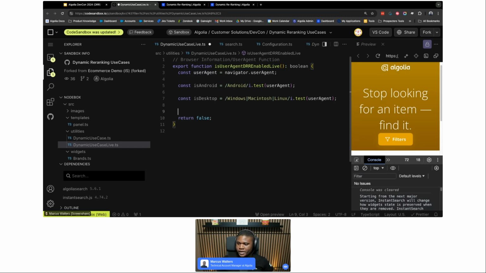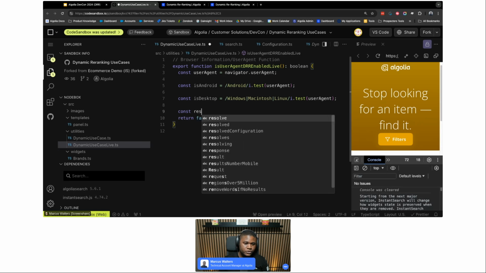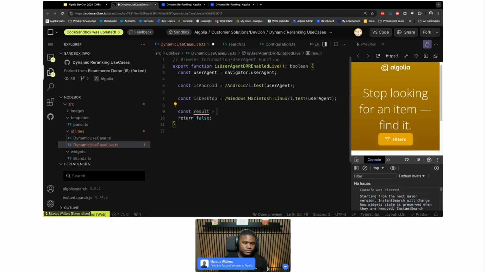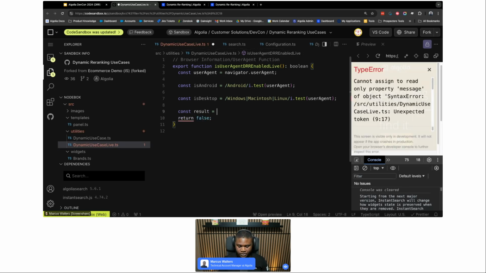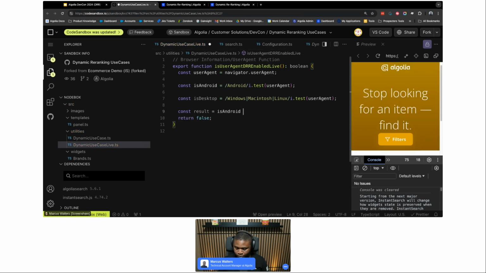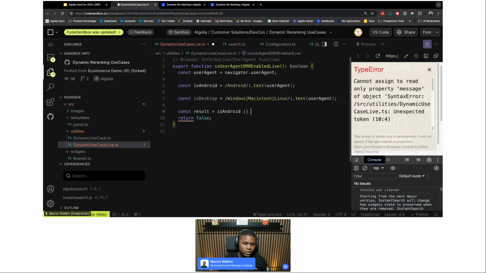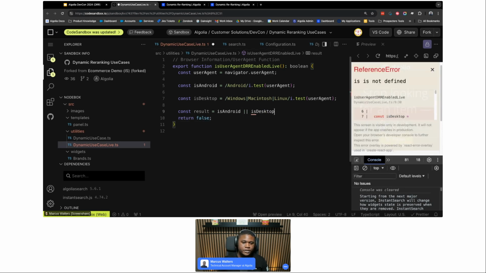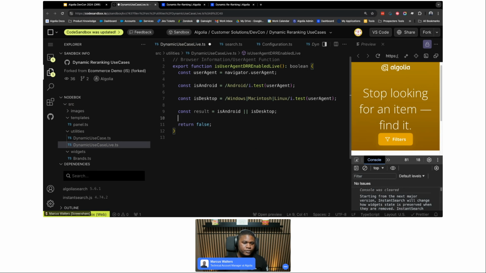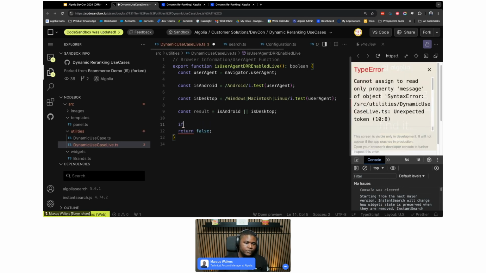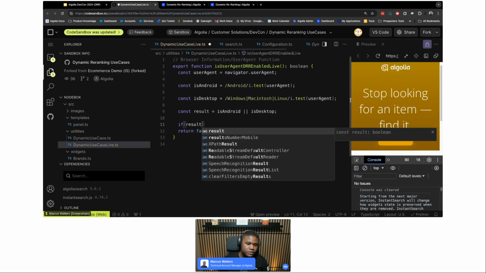But up here, we're actually going to have, let me see here. We're going to do results. And then we're going to pass in Android or isDesktop. And then here, let me see here, if results